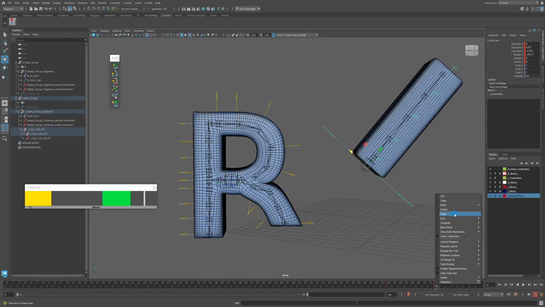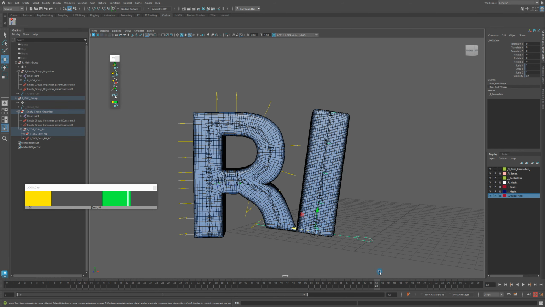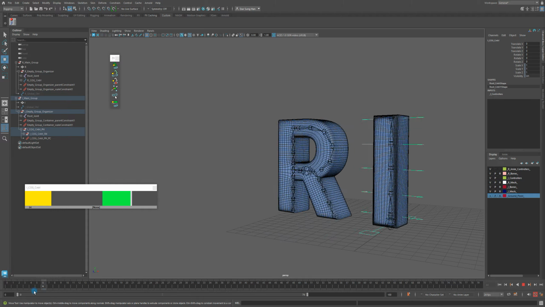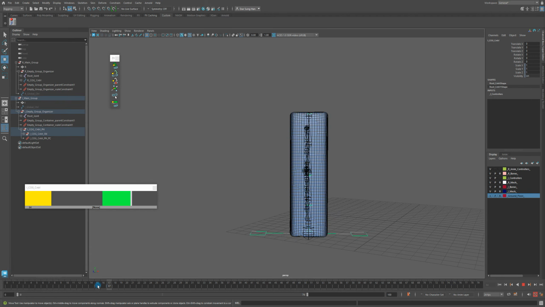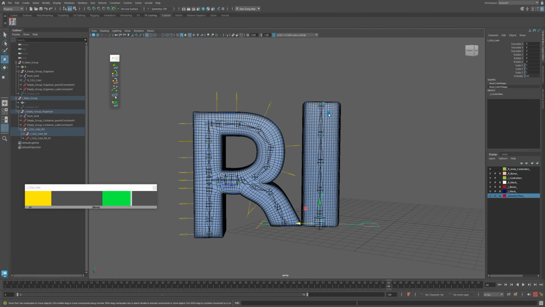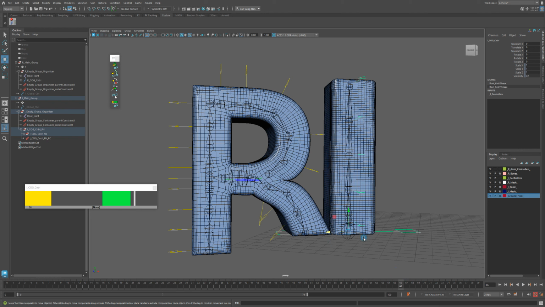So let's see here, I'm gonna delete, and here I'm gonna delete. This is my COG for the I, right? Even though I detached it, the I is still gonna be here because there's no movement, right? All this time it was just following the R. The R has all the movement. As far as the I is concerned, it's like, okay, I have no information telling me to move, so I'm